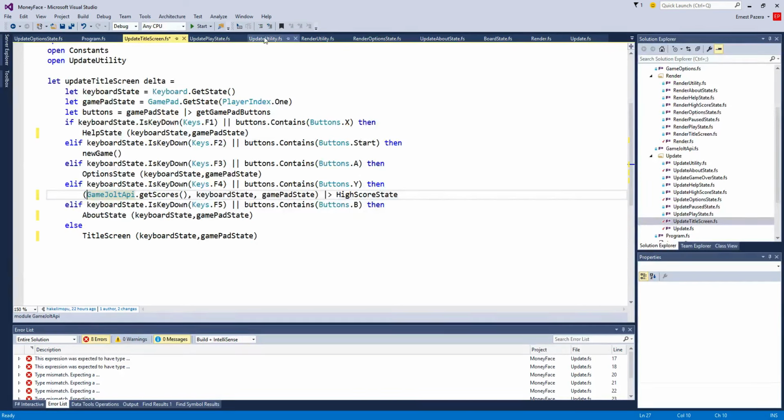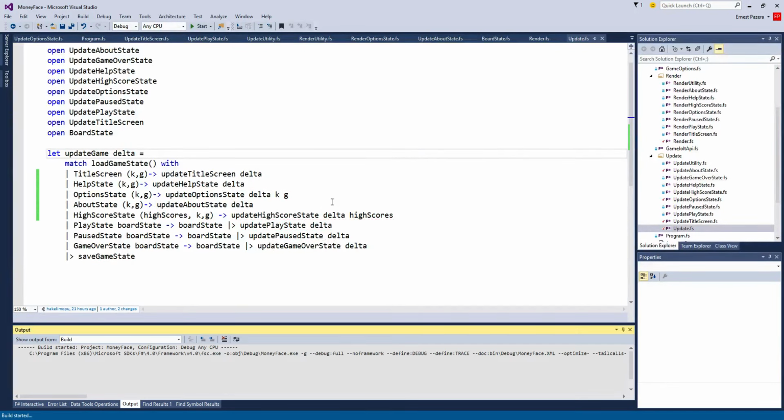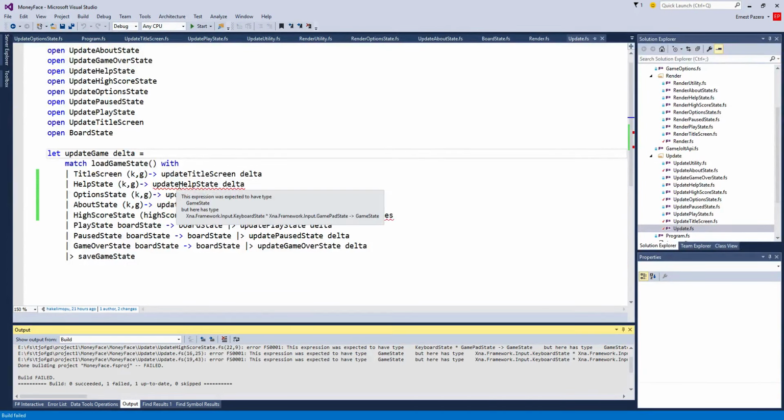So my update title state, and this is another one just like it, where it says, hey, I was expecting this thing, but got this other thing. So right here it says this expression is expected to have type game state, but here has the type whatever. So now since I have the first one, these other ones are actually giving me the right error message. But since before this one had the wrong one,